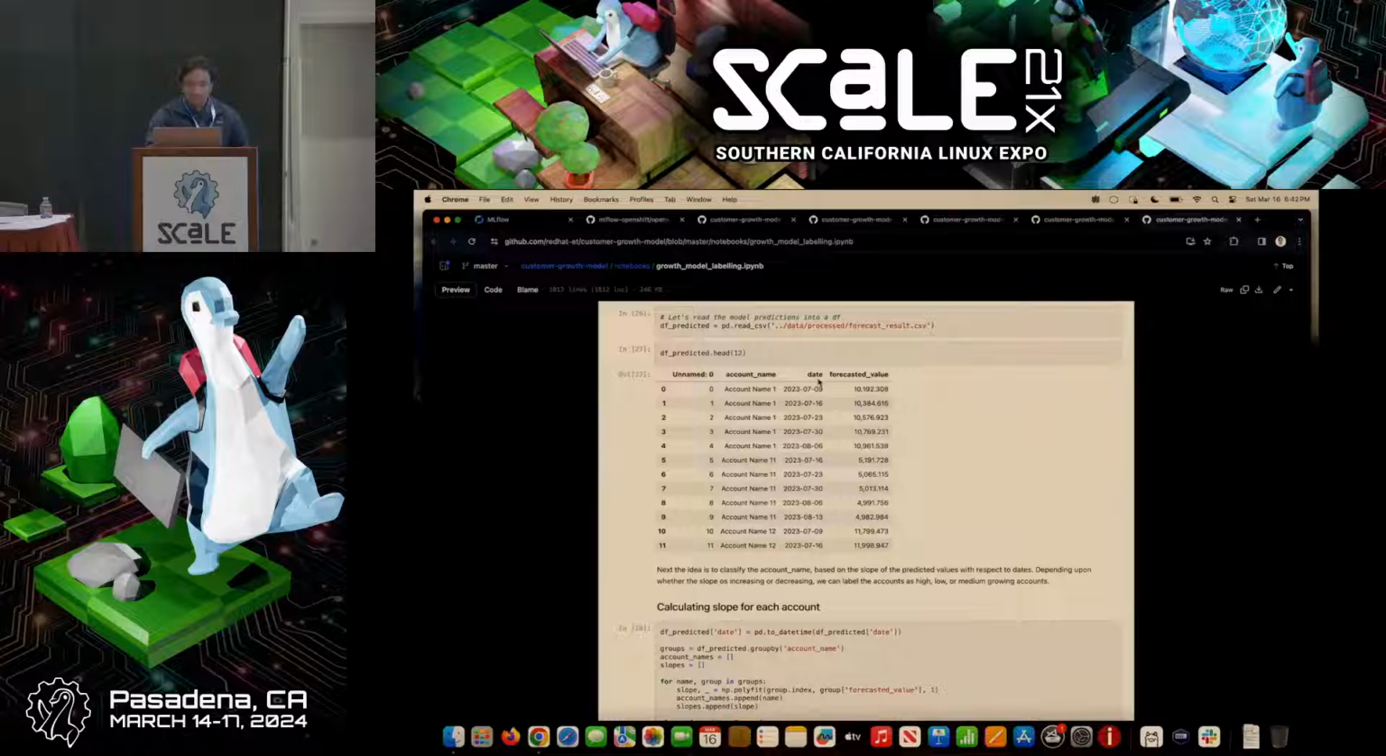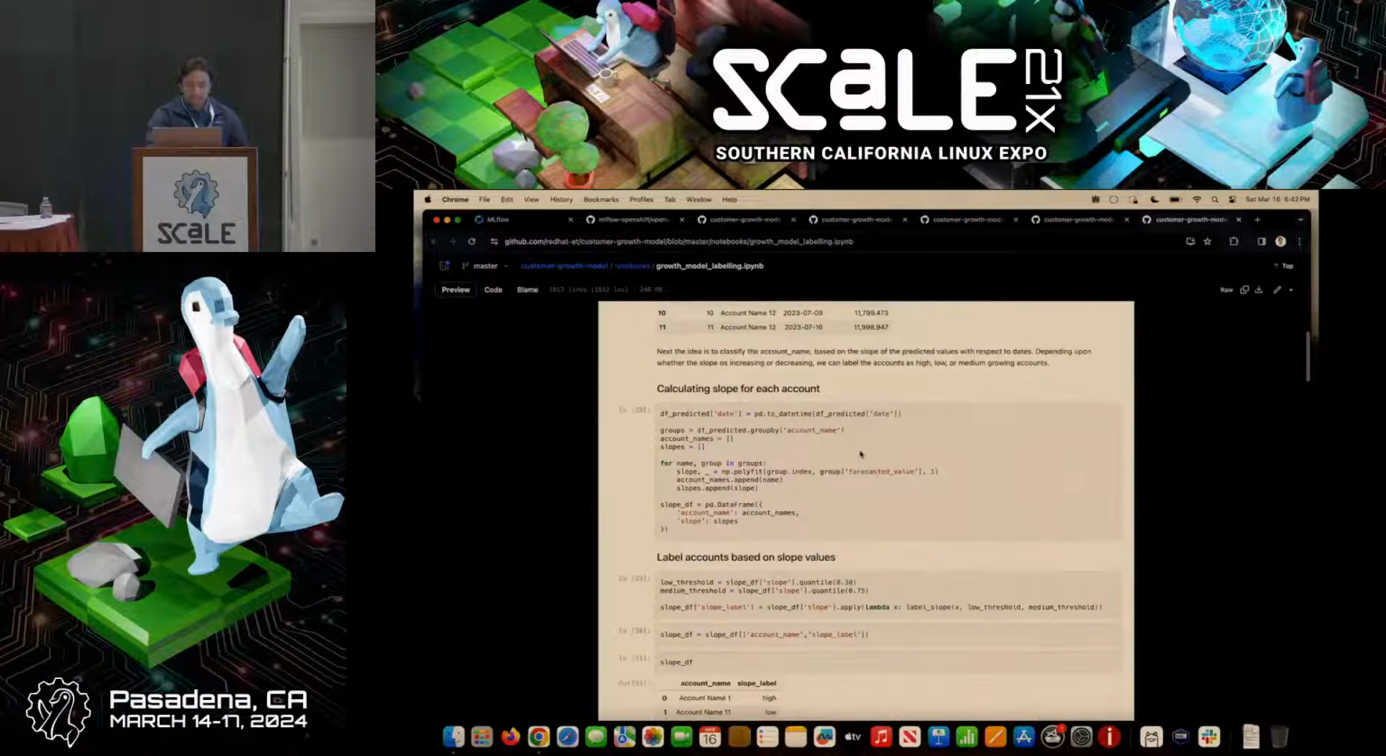So we have the accounts, date, and the forecasted values over here. We calculate the slope here. And based on each level of slope, we level them. And we level in such a way that we defined a threshold for each one of them. So if we consider